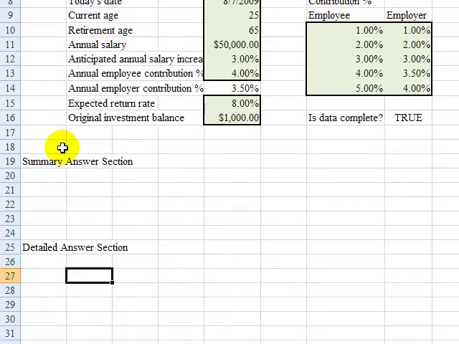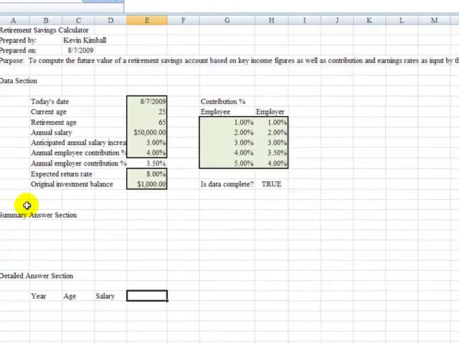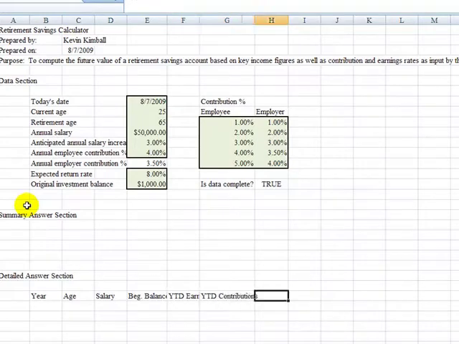And in the detailed answer section, I'm going to have some key column headers. We have the year, and this will be like years 0 through however many years we might want to run it. Age would be the beginning age that this person is at the start of their investment period and go until they retire, or even longer if they choose to keep the money in there. Salary, beginning balance, the YTD, which stands for year-to-date earnings, the year-to-date contributions, the ending balance,